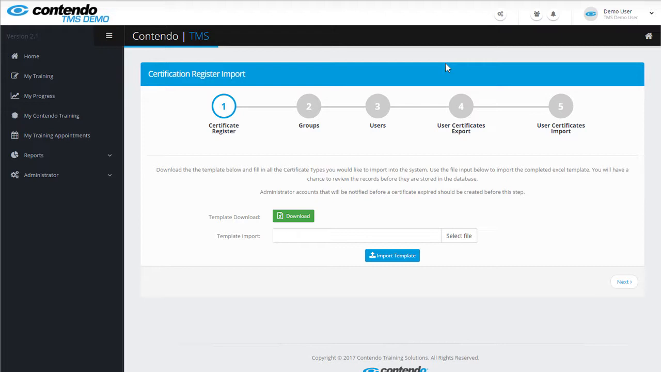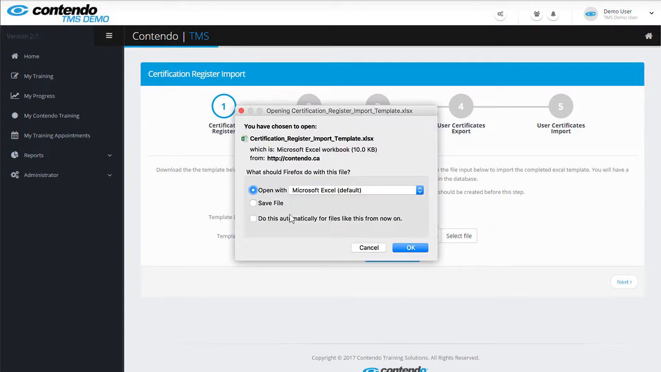The first import wizard is the certificate register, which will let you create all of the certificates that you want your TMS to track. The first step is to download our Excel template by clicking on this green Download button. Depending on your browser, this might download it to your computer or give you the option to open it with your default spreadsheet application. I'm using Firefox, so I'm going to select Open with Microsoft Excel and click OK to